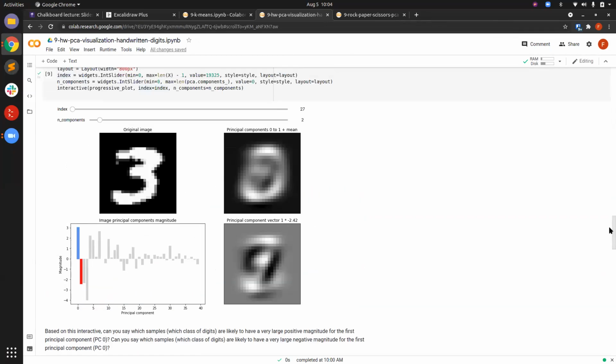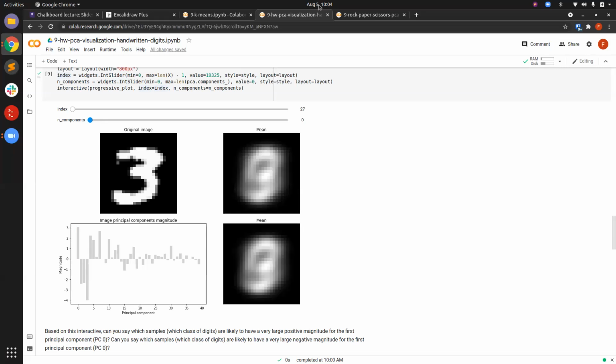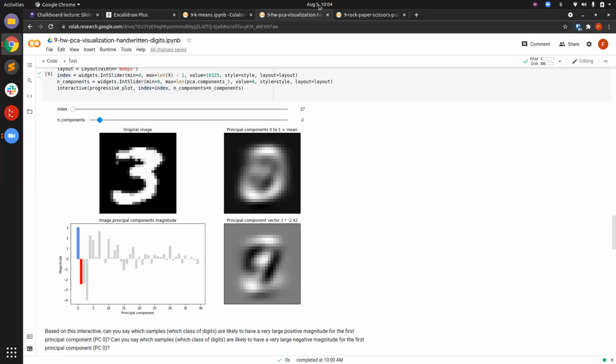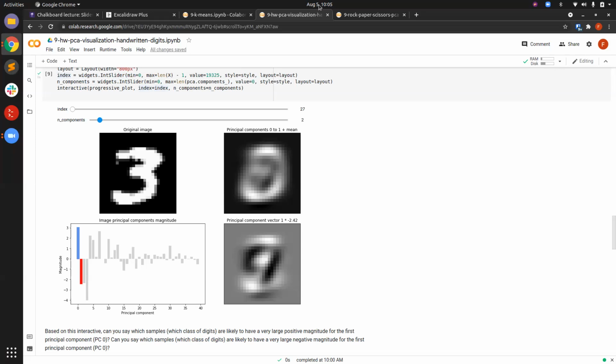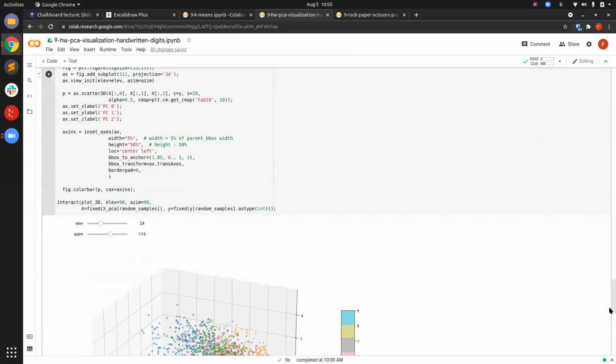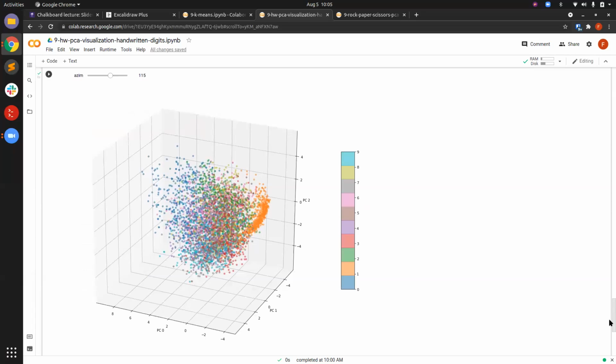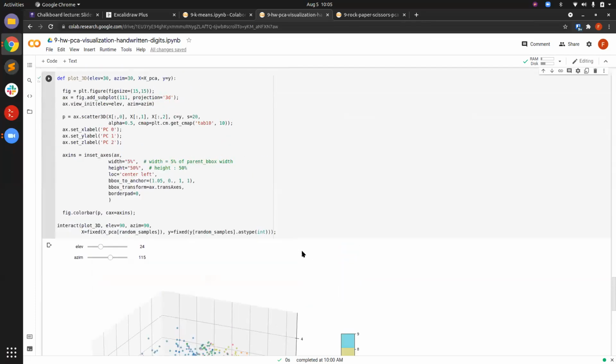So PC2 is still a very important component. Let's look at it. This is PC0, this is PC1, this is PC2. Okay, so PC2 is very important because it's a third principal component. It explains a lot of the variance in the images. But looking at this, we can see it doesn't necessarily explain the variance that's between classes. Right? So PC2